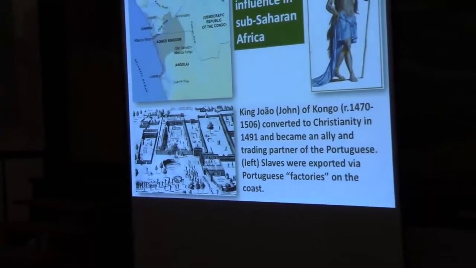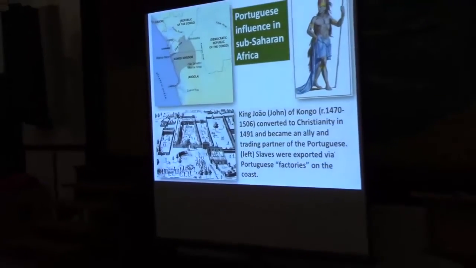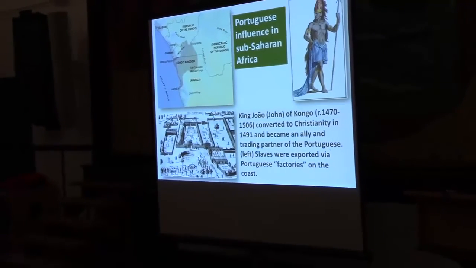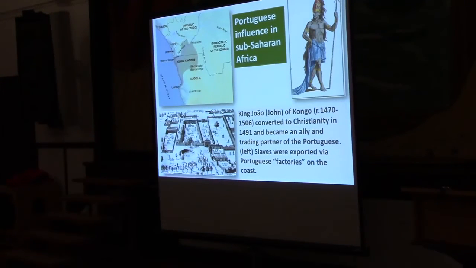The king of the Congo converts to Christianity to form a diplomatic alliance with the Portuguese, and they begin to develop a trading outpost here and in other points on the west coast of Africa. And pretty quickly, the main trade, the main export from Africa is going to be slaves. The Portuguese, of course, are able to trade manufactured goods, and they are purchasing